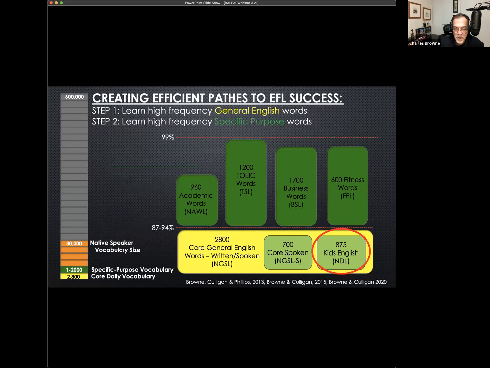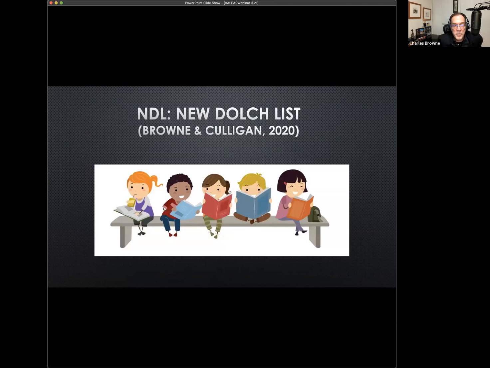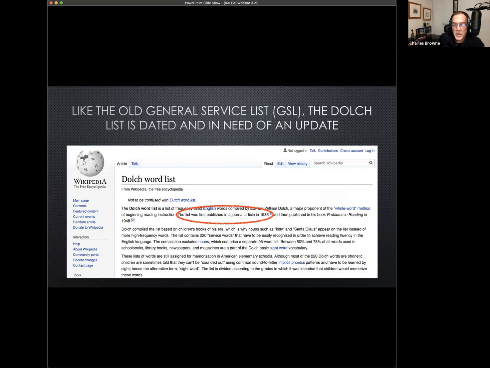And then the final list, we just published this maybe 2 or 3 weeks ago, is called the New Dolce list, the NDL, and that's children's English, English for young learners. And so the New Dolce list, like the new general service list, is basically updating a very old and well-known list. The old original Dolce list was published in 1936. And it was a list of 220 function words and 95 nouns, a little over 300 words,